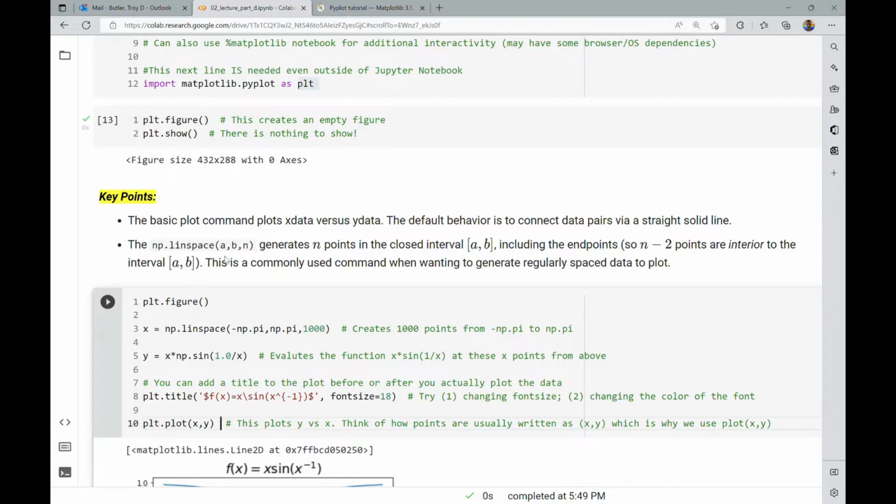The np.linspace command is a very convenient command for generating regularly spaced inputs in a one-dimensional interval between a and b. So the idea is that it generates points in the closed interval a and b, and it includes the endpoints, which means that there's n-2 interior points. So this is a commonly used command when you're wanting to generate regularly spaced data so that you can then usually feed it into a function that evaluates it at that data,